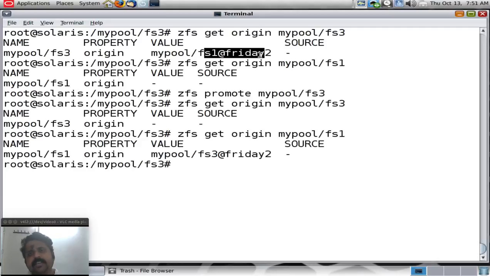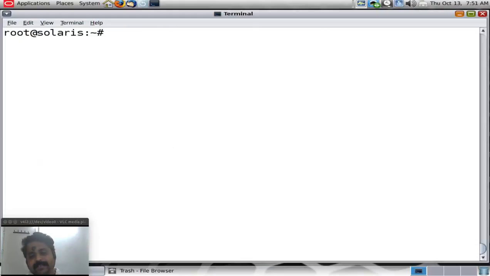We looked at the command to take a snapshot, rolling back to a snapshot, the command to create a clone, and promoting a clone as an actual file system. So these are some of the commands you might want to keep in mind when starting to play around with the ZFS file system. One other command that is probably handy for you is